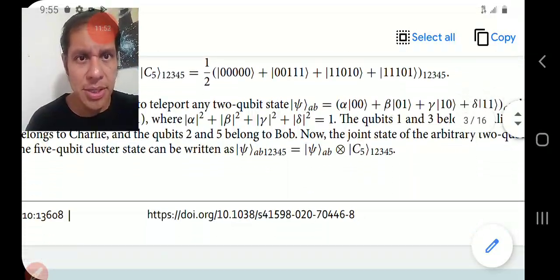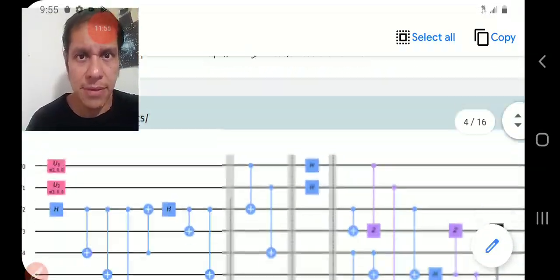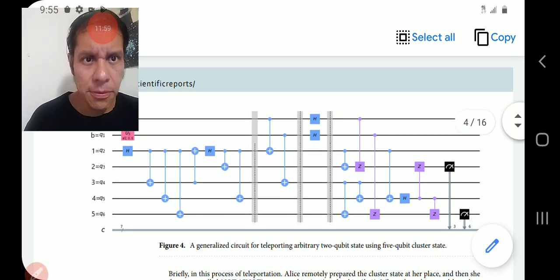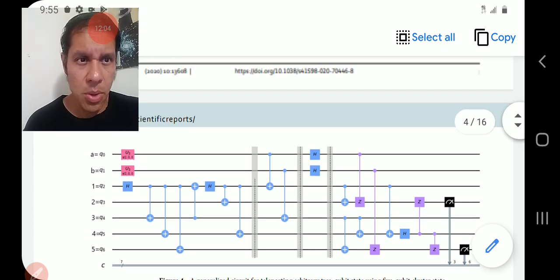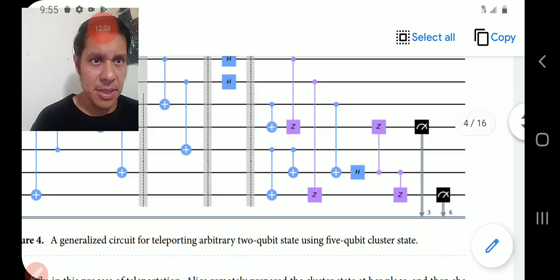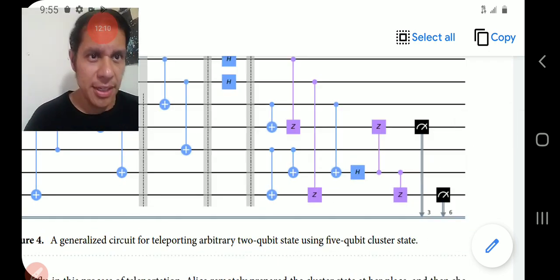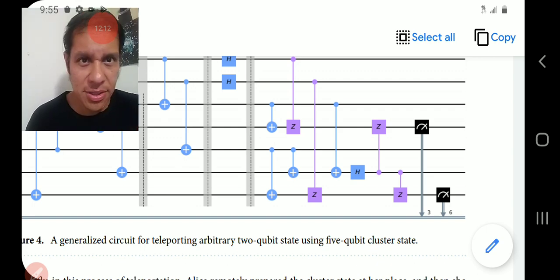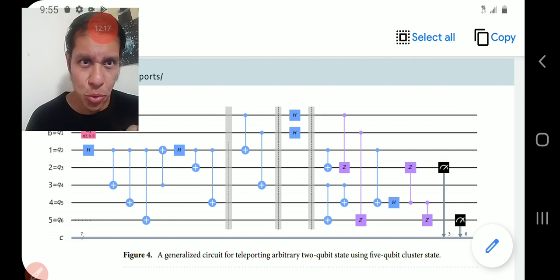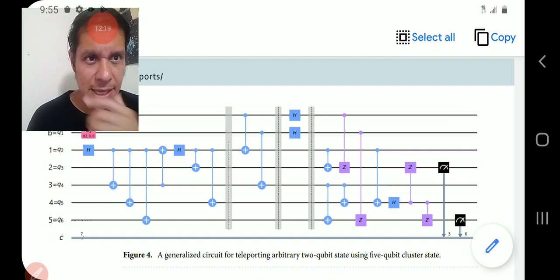And as you can see, they obtain their results eventually. Let's see. A generalized circuit for teleporting arbitrary 2 qubit states using 5 qubit clusters. So there's the one. Oh, here it is. I knew that happened. So here are the measurements that they do. As you can see, you have to take some of the information from qubits 2 and 5, in order to,